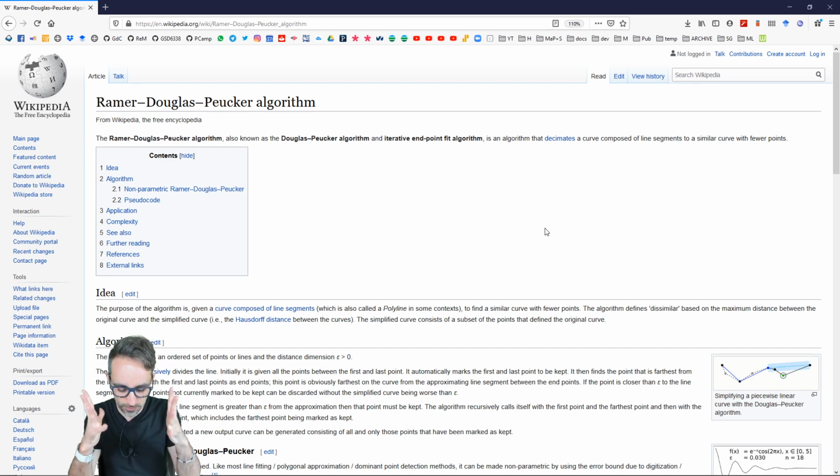Because, for example, imagine a polyline and imagine that the polyline has 100 points, right? We can come up with a lot of simple rules to simplify that polyline. Like, for example, why don't we just eliminate every other vertex, right? And then we end up with roughly half of them.